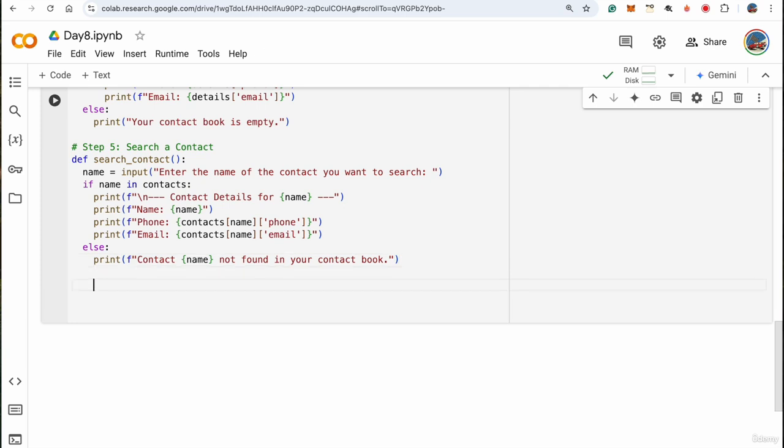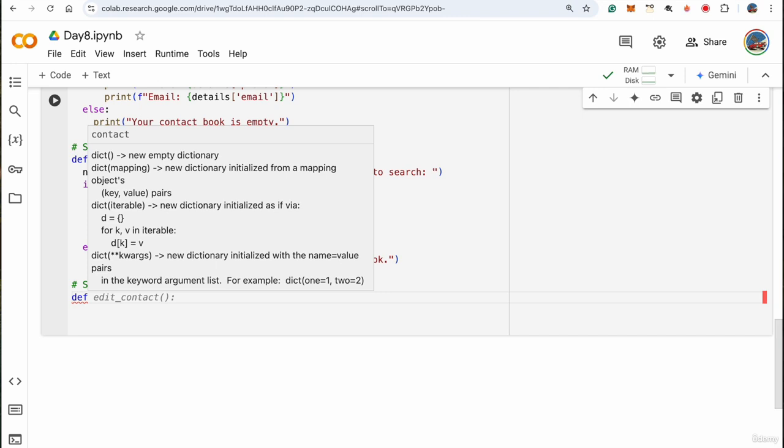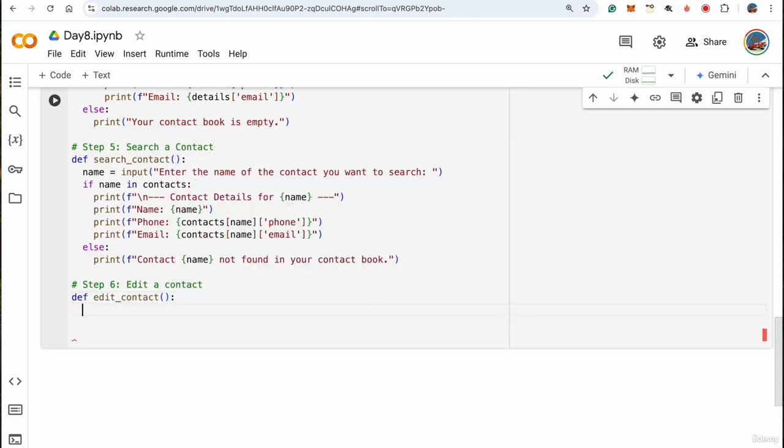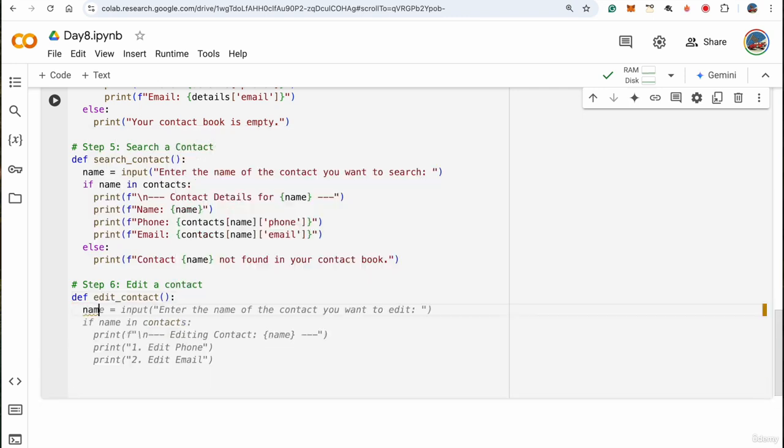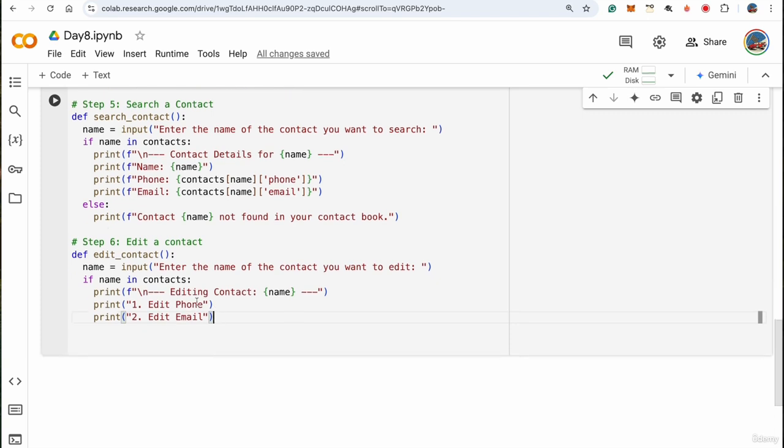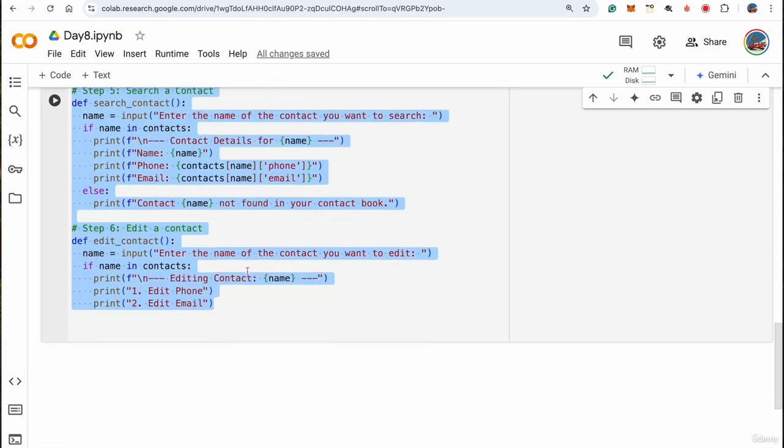So our step 6 next is, let's go out here and I'll say step 6 is to edit a contact. So I'm going to say edit a contact. It's a mix of a bunch of different things that we've done above. I'm going to say edit contact, and here first I'll say name, enter the name of the contact you want to edit. Name in contact is, I'm going to say editing contact, you want to edit their phone or edit their email. I can give options here based on what the user wants to do, or another option is, let me just go back,